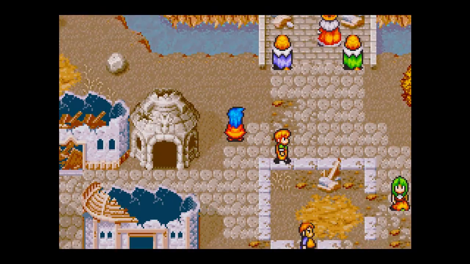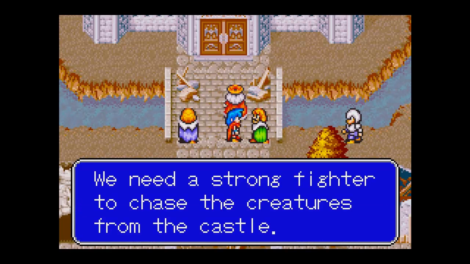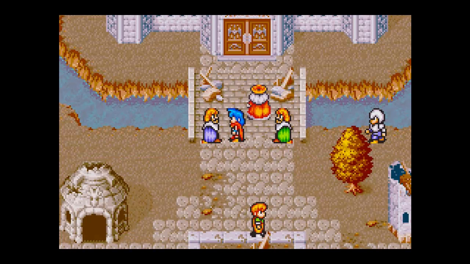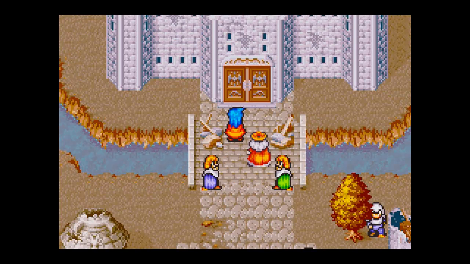Alright. So now, let's see what's going on up here. Okay. Well, he says we need a strong hero to clear out the monsters in there, so...